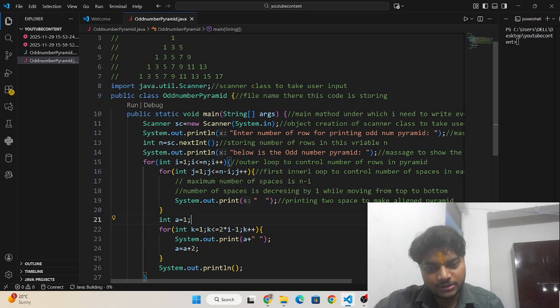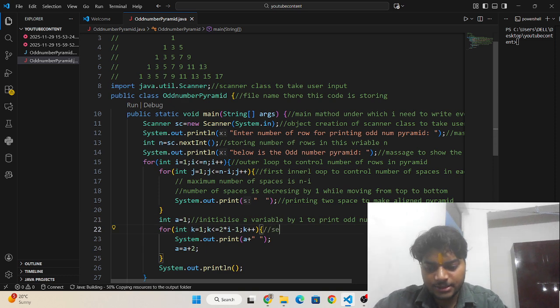Then I have initialized a variable to 1 to print the odd number pyramid.